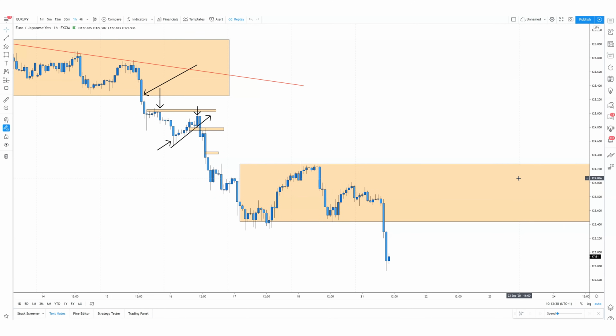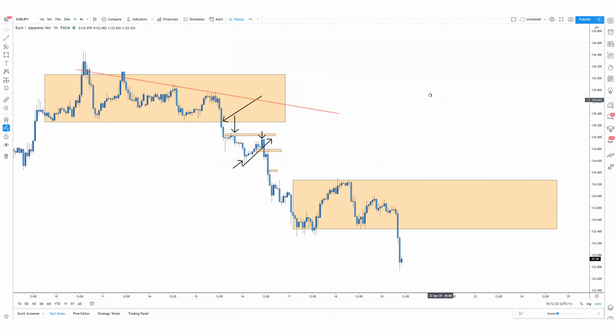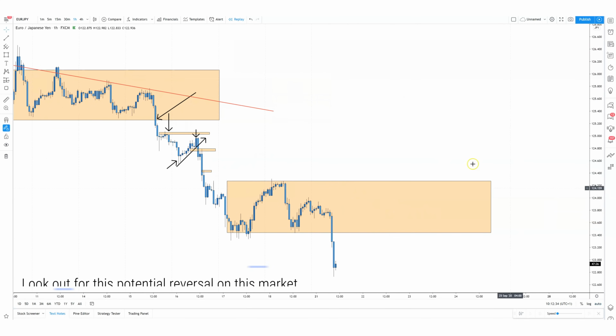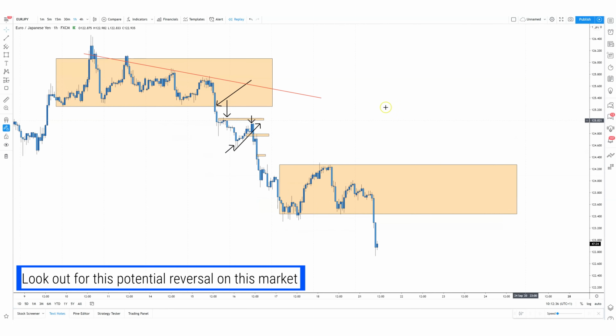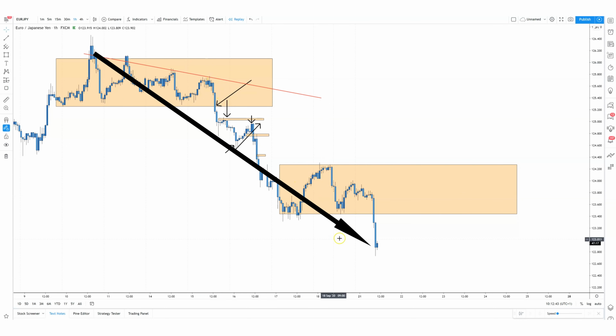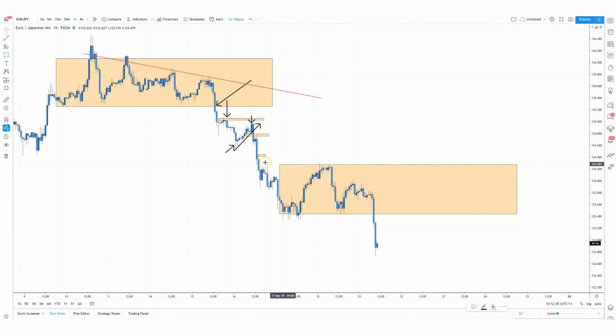Let's take a look at another pair. Euro yen. So yesterday we spoke about this as a potential reversal, or just to look out for this potential reversal on this market as a consolidation. We said look at these 2 taps, 1, 2, and then watch how the market may react. We see this is a downtrend, so it's completely fine, and we can also see that price isn't taking out the previous structure. We have price holding,